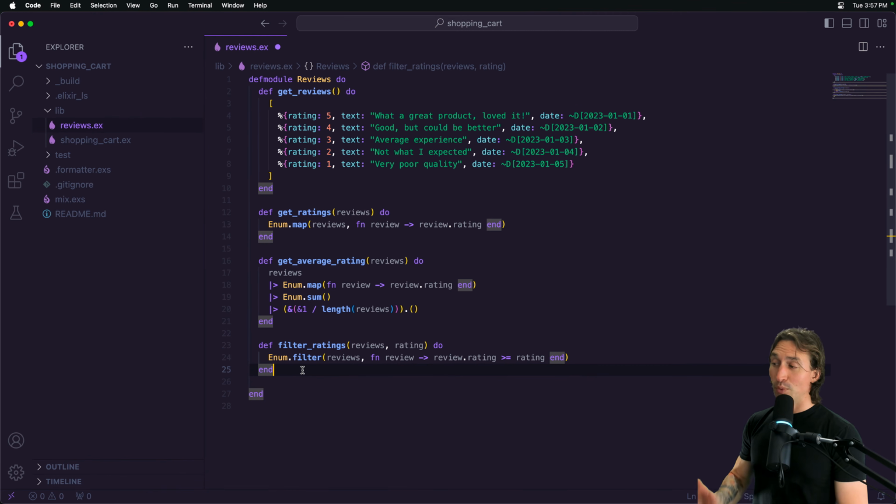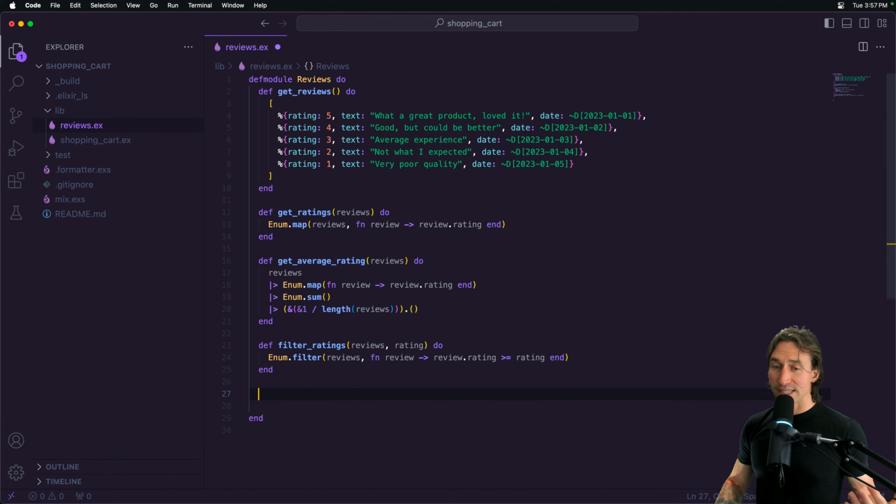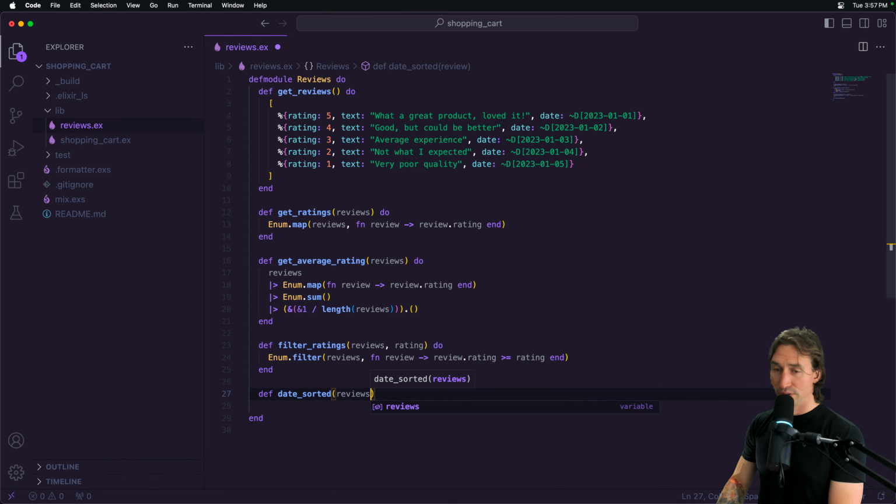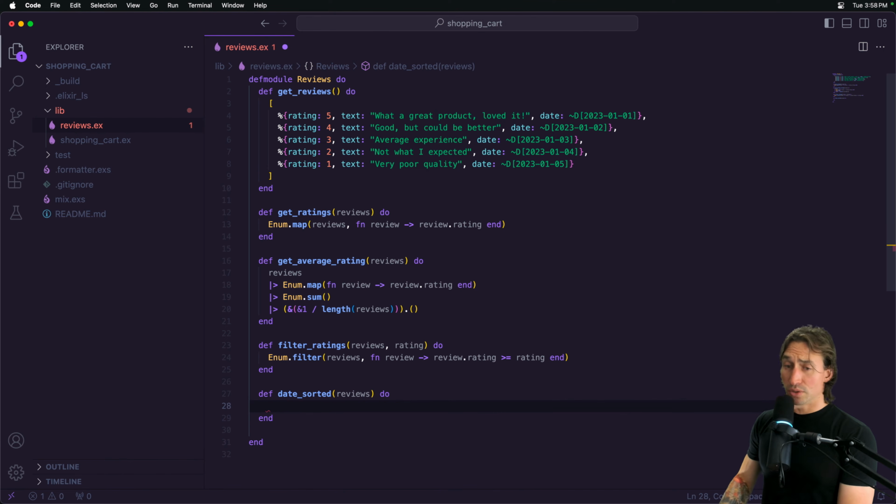So not only can we filter ratings, we can also sort ratings. Let's say we want to sort them from newest to oldest or oldest to newest. Let's go ahead and say def function, and then call it date sorted, and it takes a list of reviews. And so sorting by date is really easy. All we have to do is say